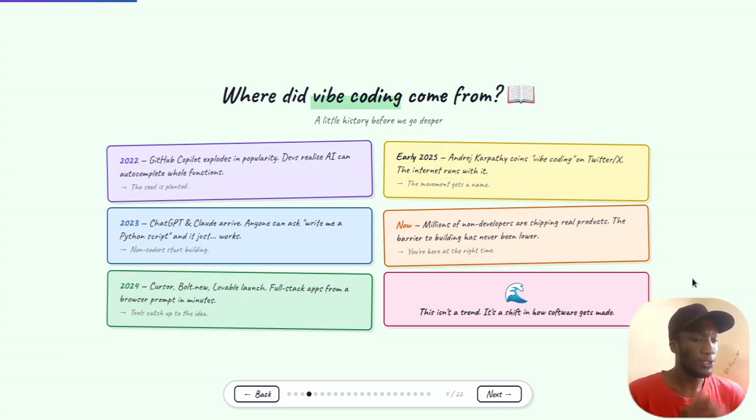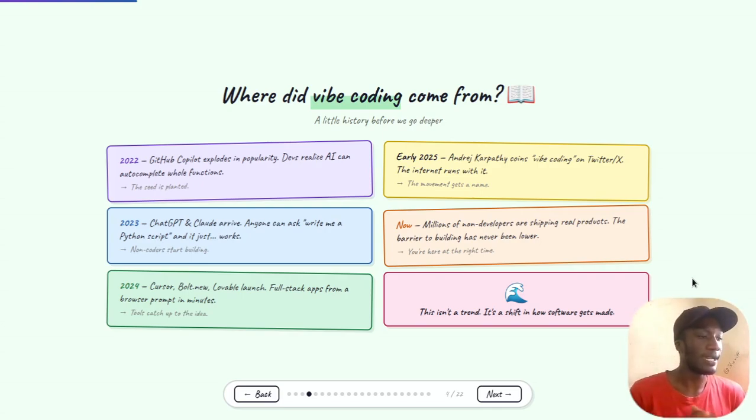So in early 2025, just last year, Andrej Karpathy went on X and coined the term vibe coding. That's where everyone started talking about vibe coding, and then the internet went mad with it, and everyone was building tools. There were some games built at that time.